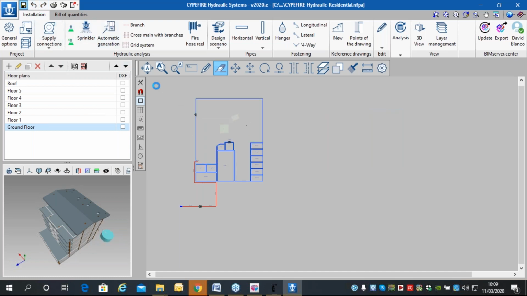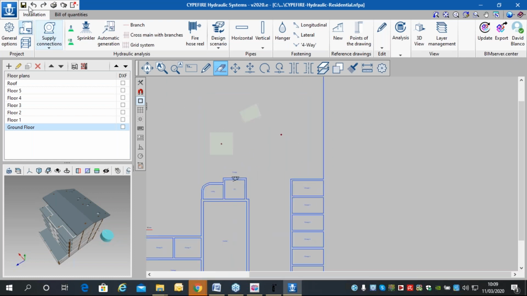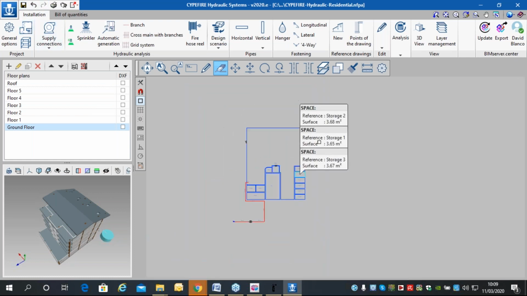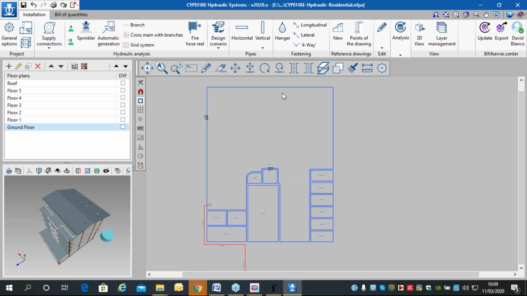Okay, and I'm going to save changes. Well, okay, at this point. So the final option in order to introduce the sprinkler is an automatic generation. The software tries to distribute, more or less proportionally, according to the surface of the room and the geometrical design of the room, the automatic